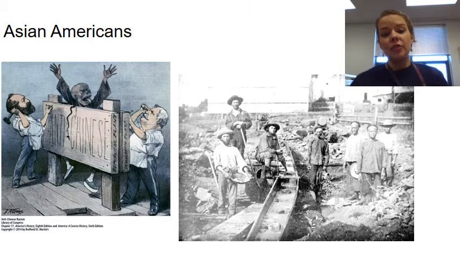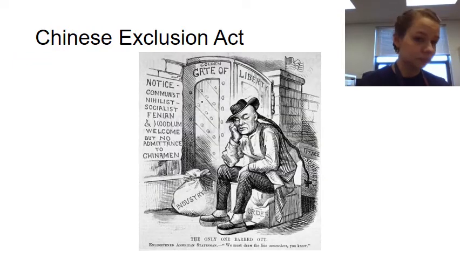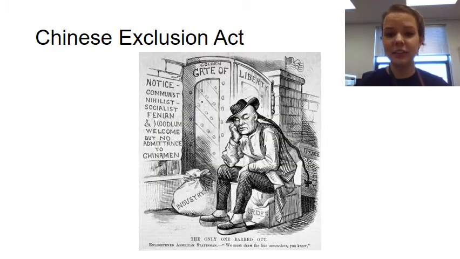And so that means that they're going to be left largely owning restaurants and laundries, and that is going to be a lot of the Asian American business for quite a while. Okay. So then this is going to lead us to the Chinese Exclusion Act. This is going to be passed due to political pressure. It's passed in 1882, and this is going to bar people who are of Asian descent that are in the